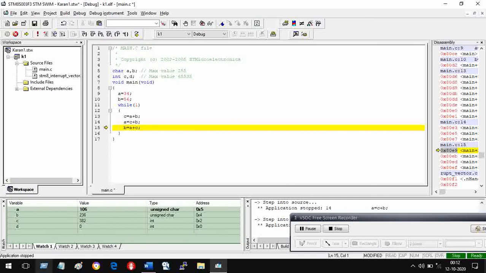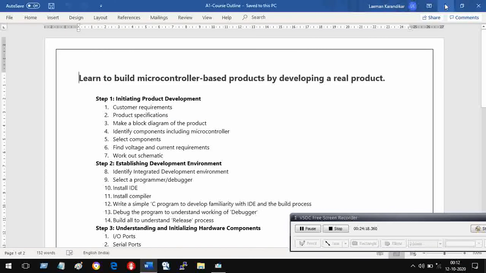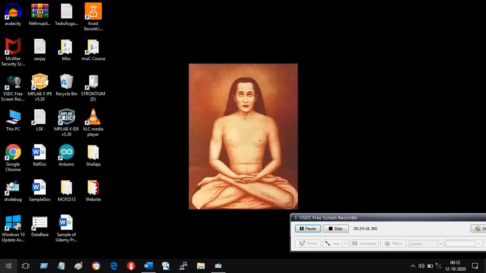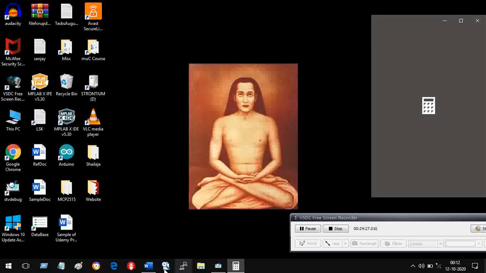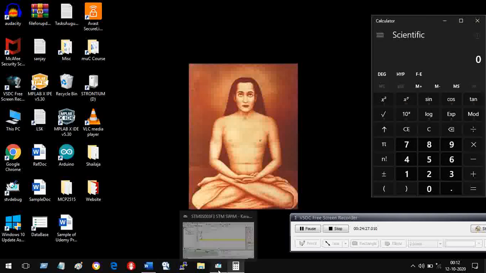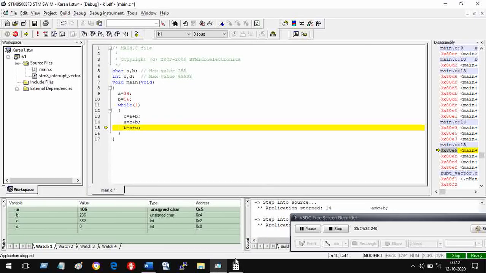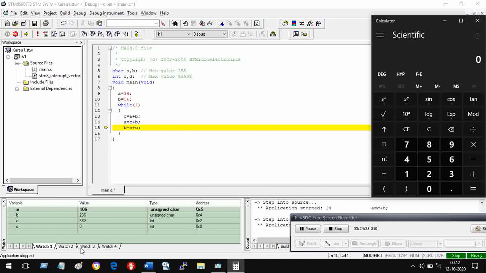Let us see with the help of a calculator. The calculator is here. I go back to this, and calculator is here. So what values do you expect?